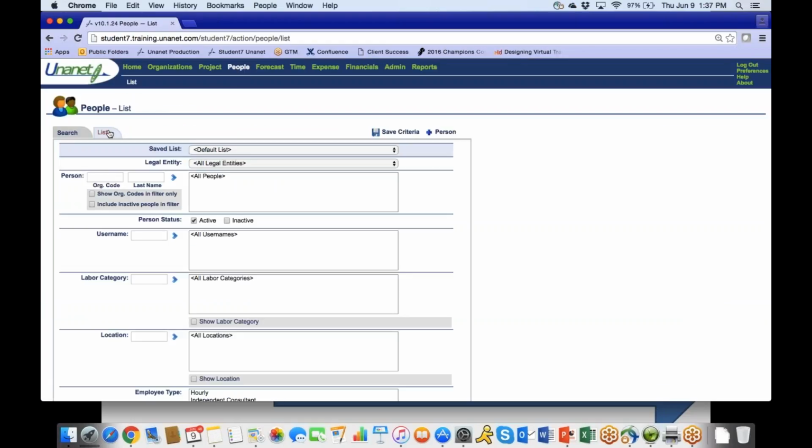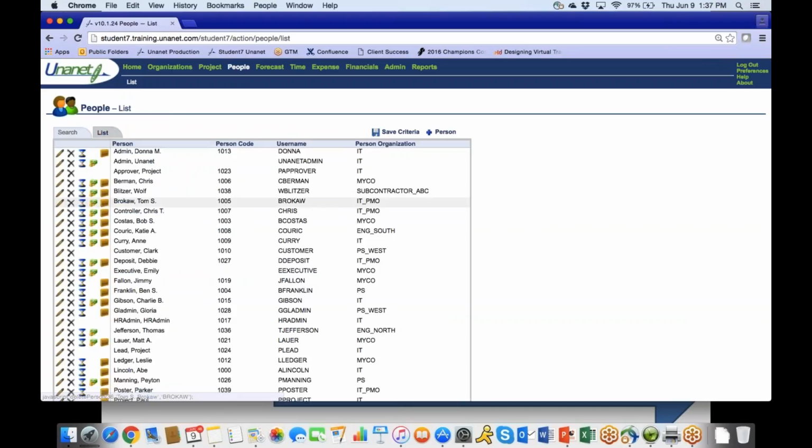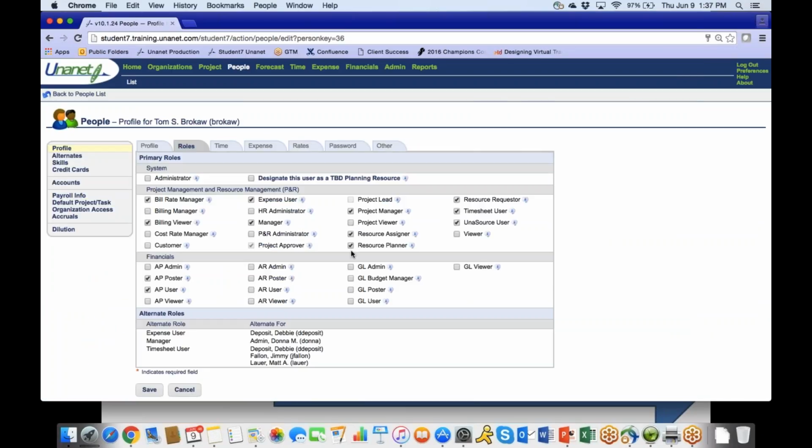people here. I'm going to go to a resource here. Let's go to Tom Brokaw. He's a project manager in my demo system here, and let's look at his roles that he has set. So the key thing here is, one, this Unisource user role, and by hovering over or clicking in this